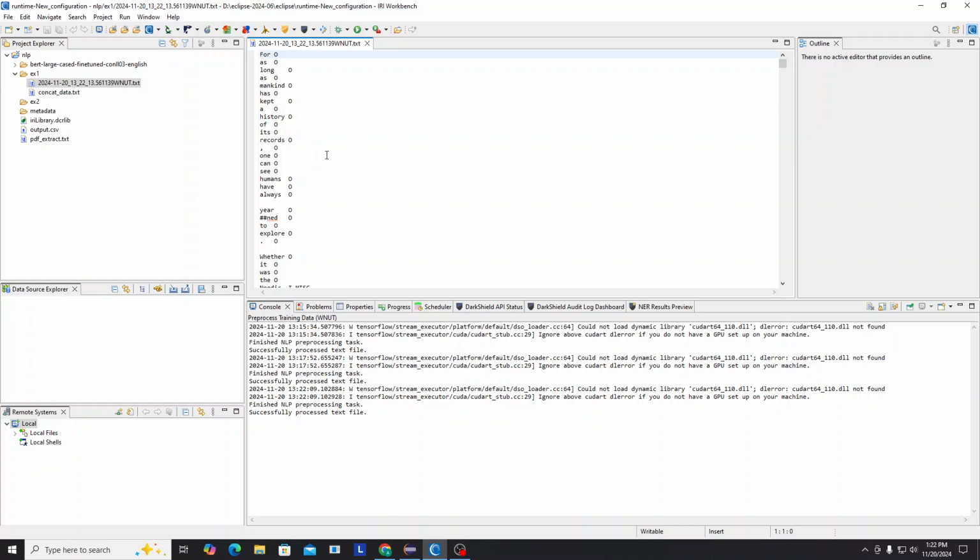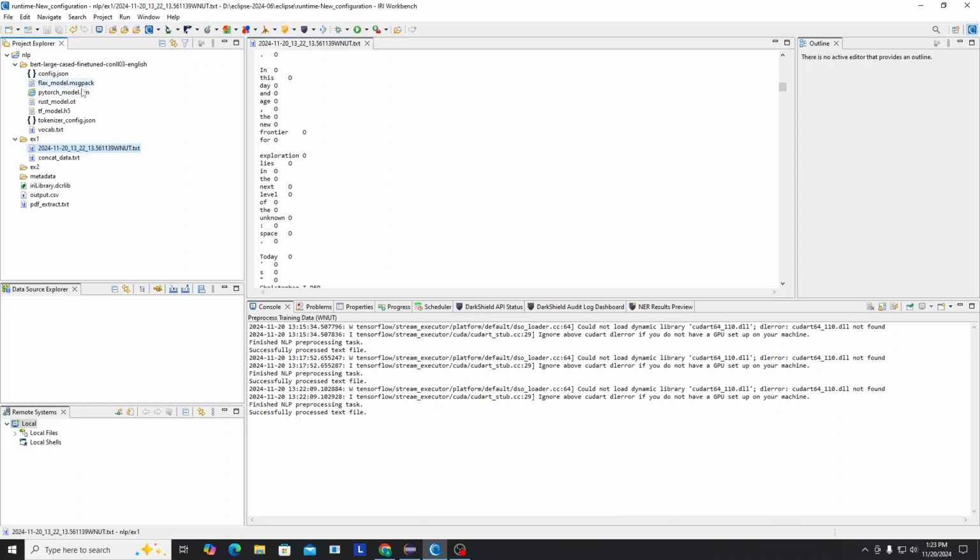As you can see, this WNUT format is a two-column file. The first column is words, one word on each line, and tab separated we then have the label. In this case, for this tokenizer, the O indicates other. We have some other more relevant ones here, like person. I don't see organization here, but you may have it. You'd also have location. To know what labels you need to be working with,